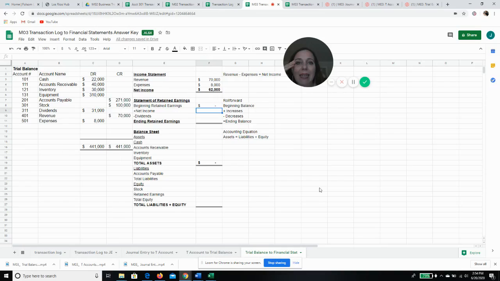Okay, so now I add net income. So my net income from up here is $62,000. I'm just going to put a little formula to add it. Okay, and then I'm going to subtract my dividends. So this is the one time I'm going to use a sign, and I'm going to say minus my dividends, which were $31,000. I put that in the wrong spot, didn't I? I sure did. Okay. So $31,000. So my ending retained earnings, if I add all of this up, equals